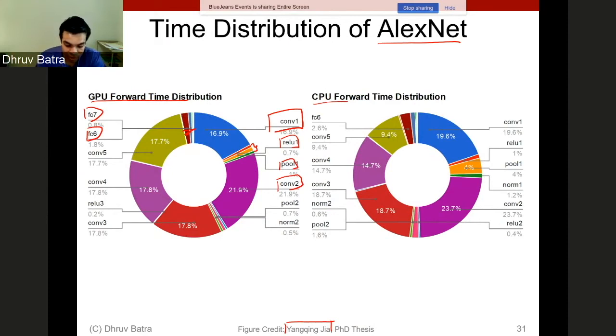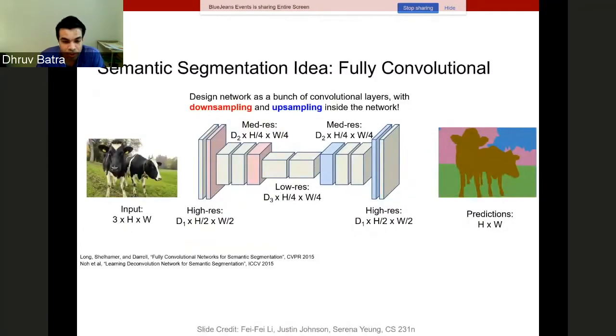If we had stuck to the original spatial resolution, we would end up paying a lot of time. And these last few have increased channel dimensions. So if they also had increased spatial resolution, we would end up spending a lot of time doing these convolutions. So the way these things are actually done is you end up designing networks that look like this,